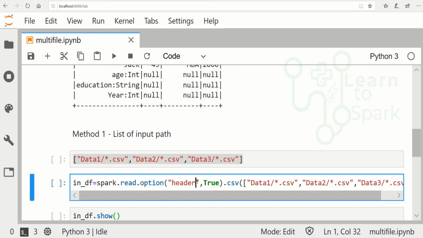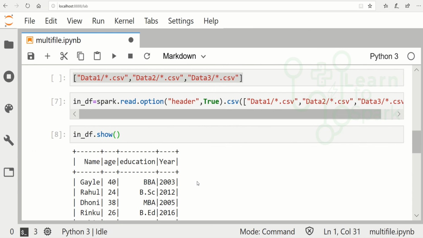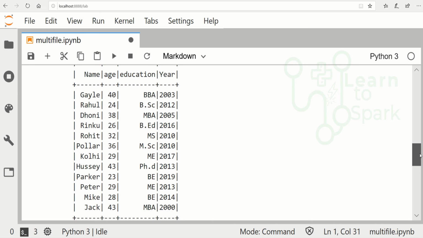So this way we will be able to read all the content that is inside the directories that we require, and all the files inside the directories. So I have given a show command. We can check here that all the files inside directory 1, directory 2 and directory 3 got read, whereas directory 4 and the data schema have been omitted.